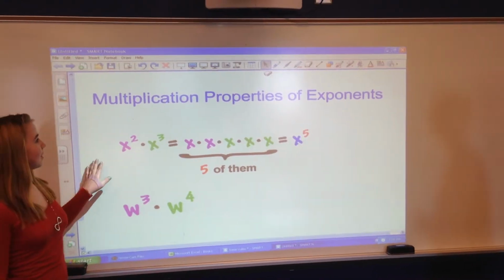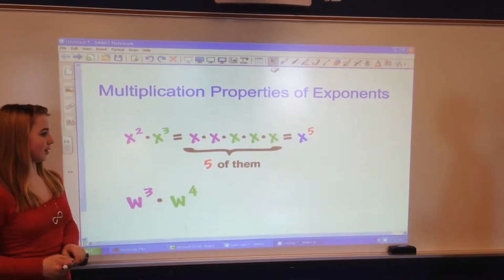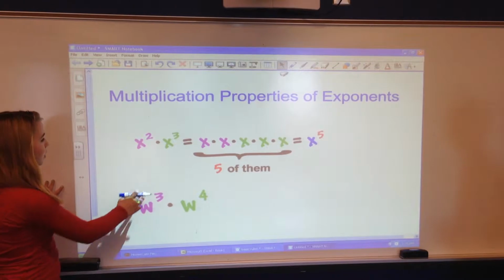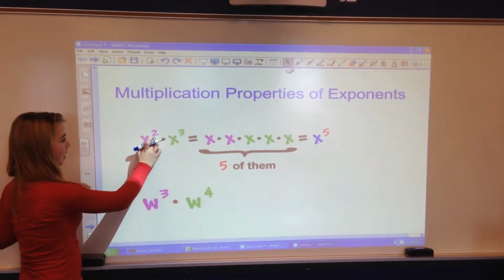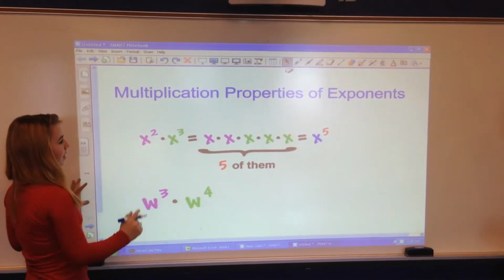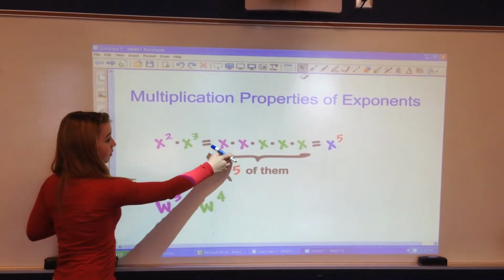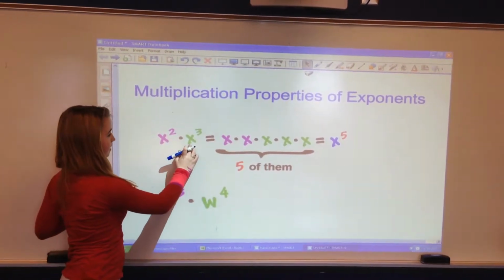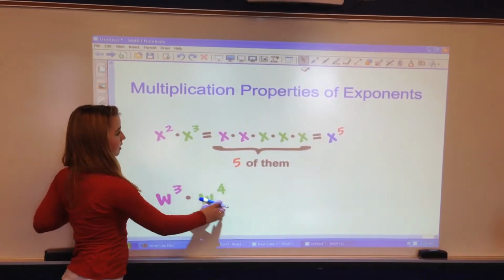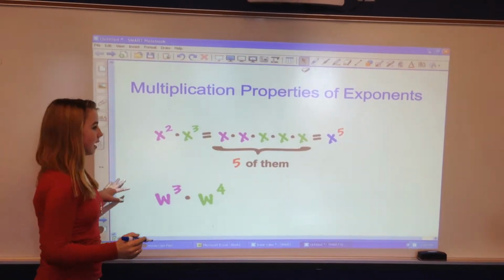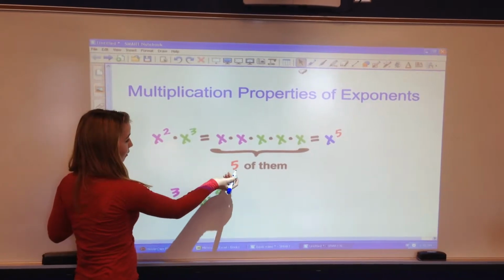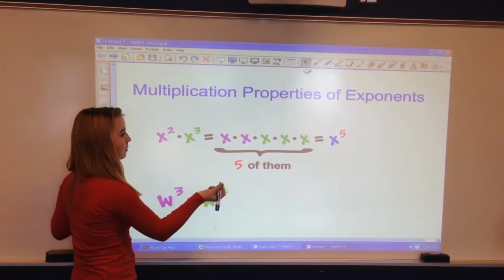So today we're going to be learning about multiplication properties of exponents. In here, we have x to the second power times x to the third power. And over here, how it's written, since there's two purple x's, they're moved over to there. And then since there's x to the third power in green, there's 3 green x's there. And then you would count how many there are, and there are 5 x's, and it'd be x to the